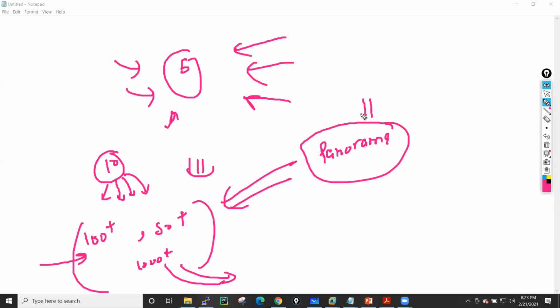Panorama is just a manager. From Panorama, we can manage all of these firewalls. We can configure the security policies, the NAT rules, and the IP addresses. All these things we can manage easily from Panorama. That's why Palo Alto has two components: one is Palo Alto Networks Firewalls, and the other is Palo Alto Panorama.